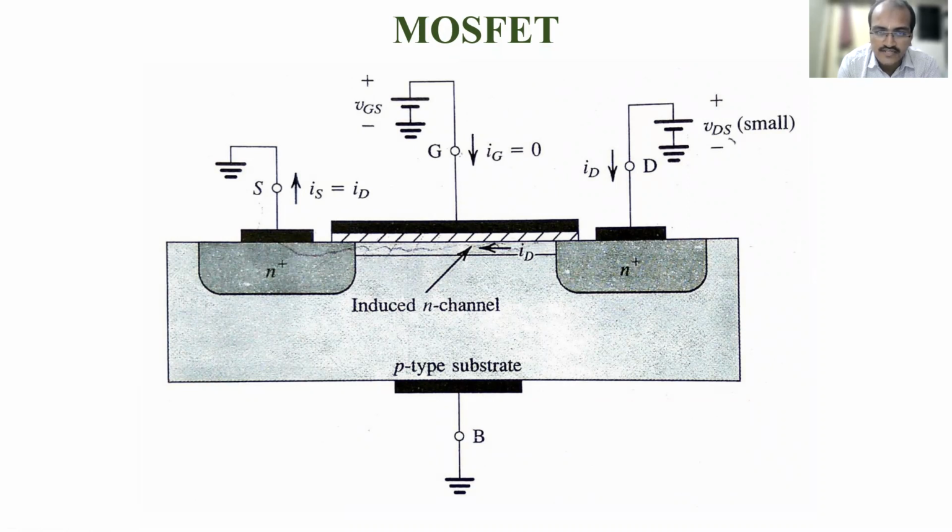In that region, what is the capacitance value of the gate to source? Here there is a capacitance between gate and source, called CGS, and here there is a capacitance between gate and drain, called CGD. They are equal to 1/2 WLCOX. What is W? The width of the channel, L is the length of the channel, and COX is the oxide capacitance. It will be calculated using the thickness of the oxide layer and the permittivity. You'll see that calculation later. So this is about the triode region operation.